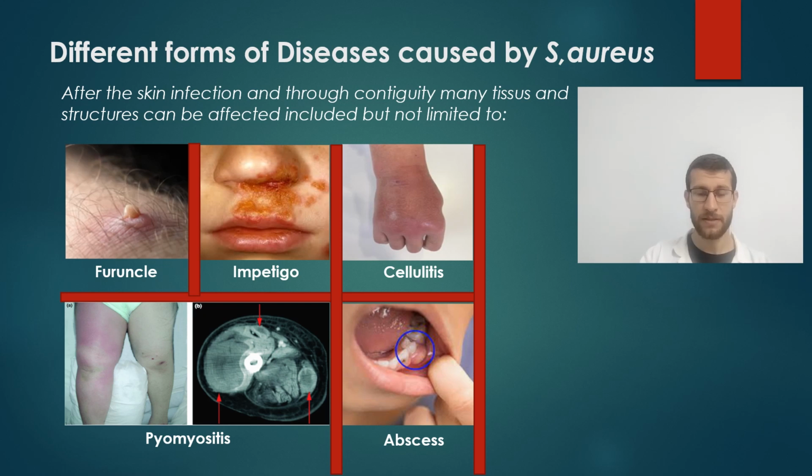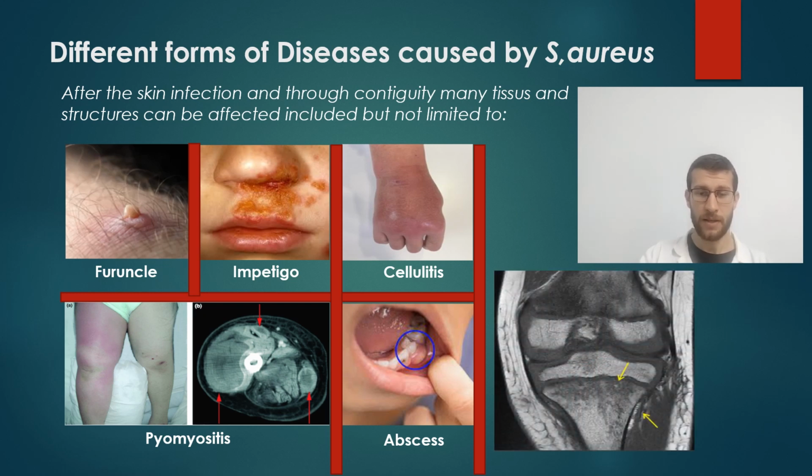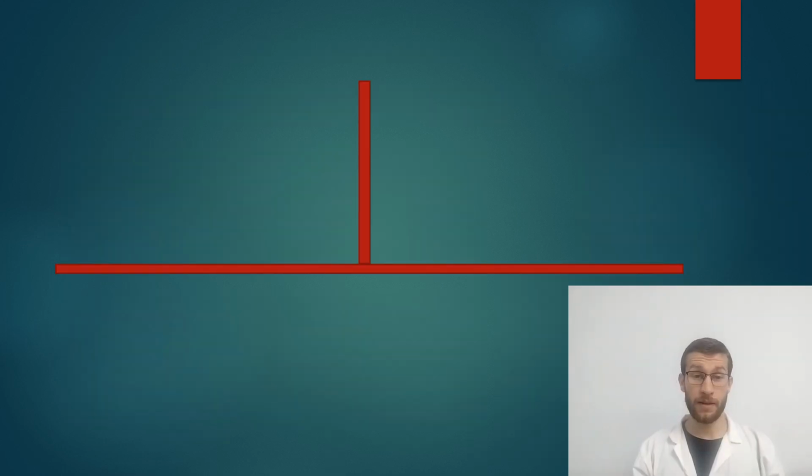If the infection goes deeper into the bones and articulations, it is called osteomyelitis and septic arthritis. There are other dangerous types of infections caused by hematogenous spread, or what we call septicemia,